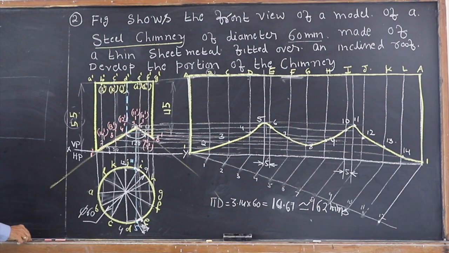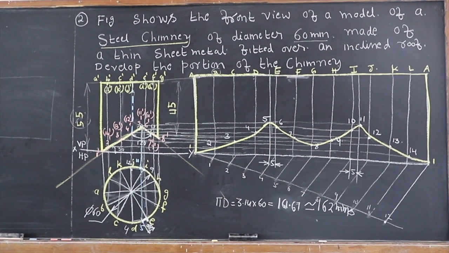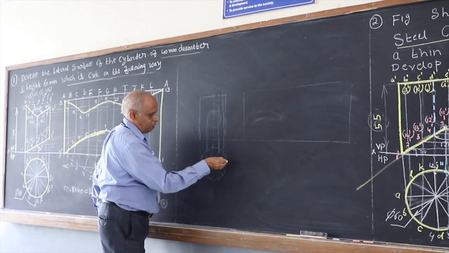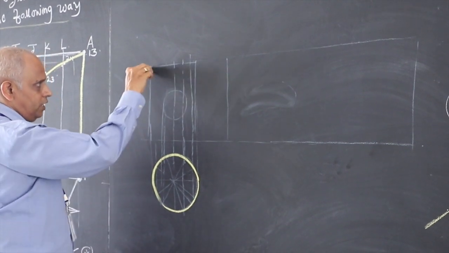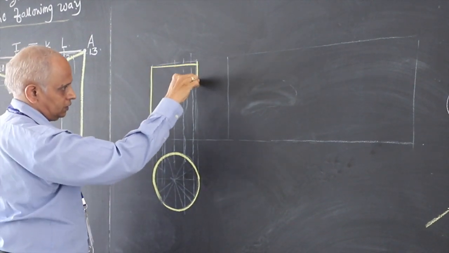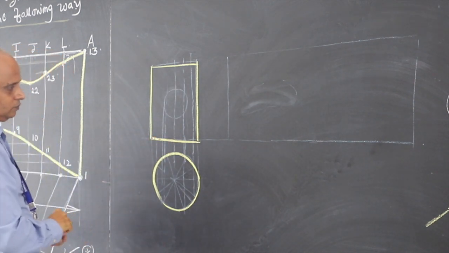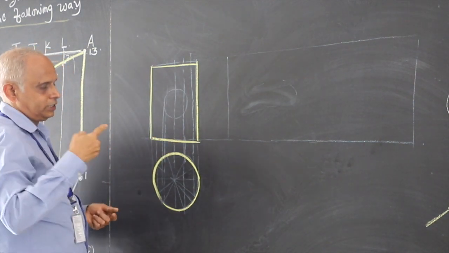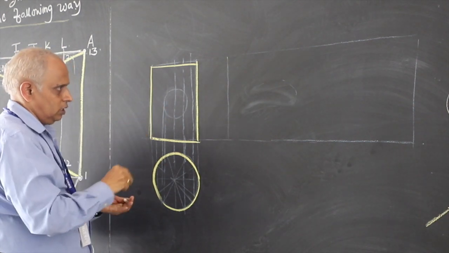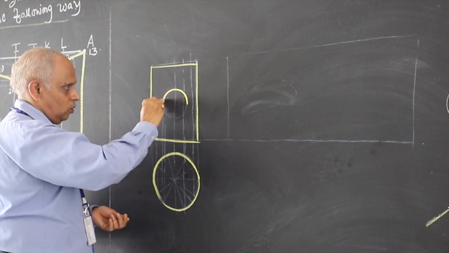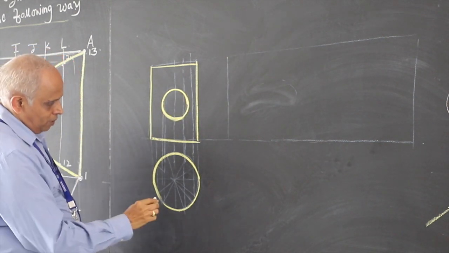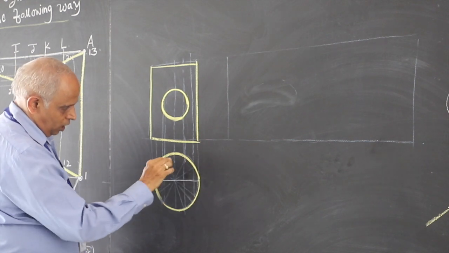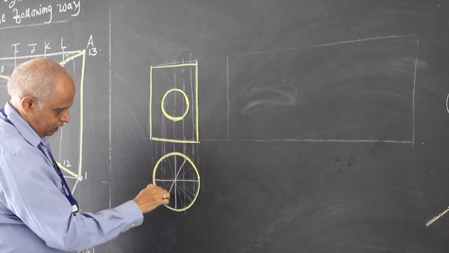A small discussion here is on some problems like this, where suppose I take an example of a circular cylinder of some diameter. In front view it is like this. Now if this is cut either by a circular hole or a square hole, if I take an example of a circular hole of some diameter, remember when you divide this into 12 equal parts, preferably at 30-degree lines,